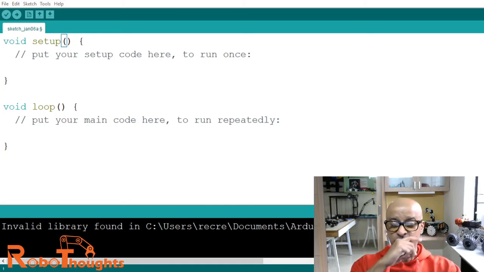All right guys, so that's how it works. Now the most important thing, guys: all functions must have a return type. Okay, it's called a return type. Both setup and loop have a void return type. Now what is a void return type? I'm going to talk about that with examples in the next lesson.